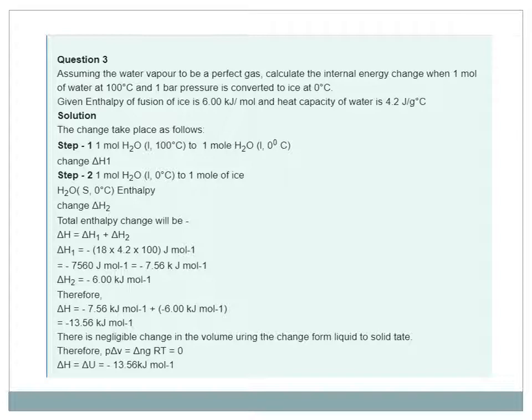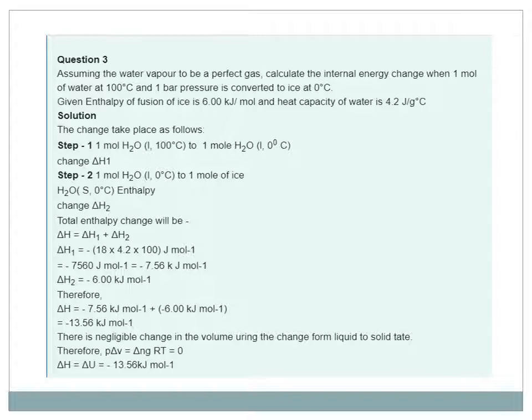You have to solve in 2 steps. Step number 1, calculate delta H1. Step number 2, calculate delta H2 and then calculate total delta H. It will be delta H1 plus delta H2. So delta H will come out to be minus